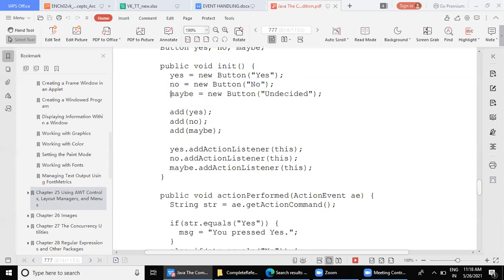Similarly, the third button name is maybe, but what label have I displayed there? Undecided. Don't get confused between this and the actual Label control. Let me call it the text we have displayed, or the caption. So the caption of this third button is undecided, but its name is maybe.